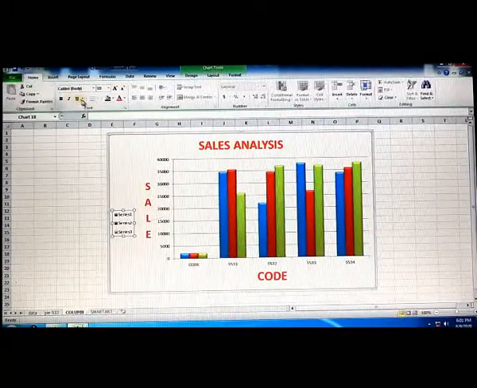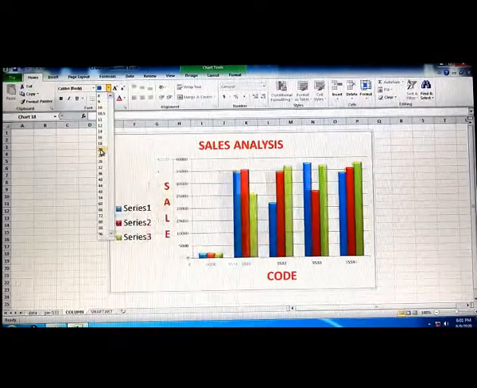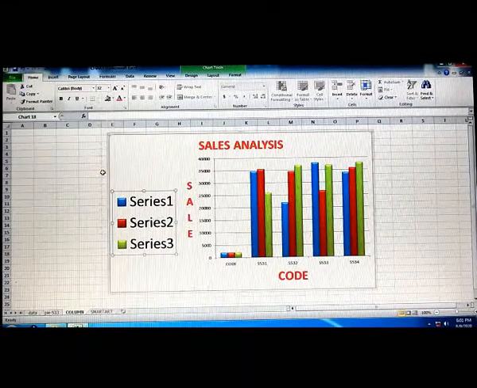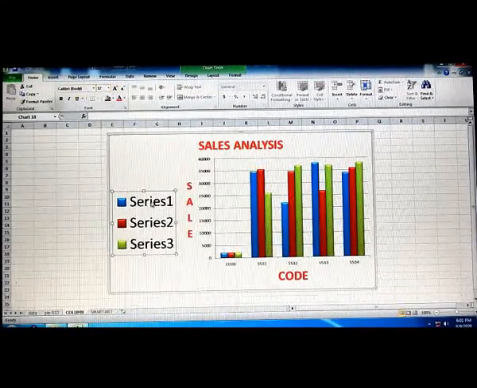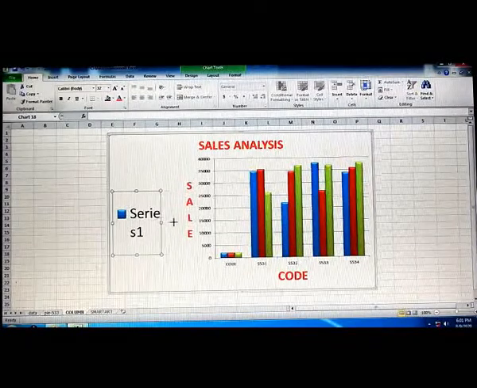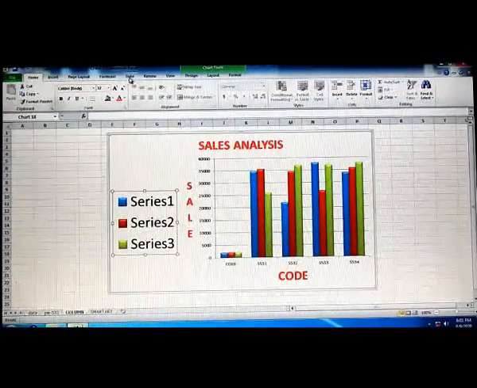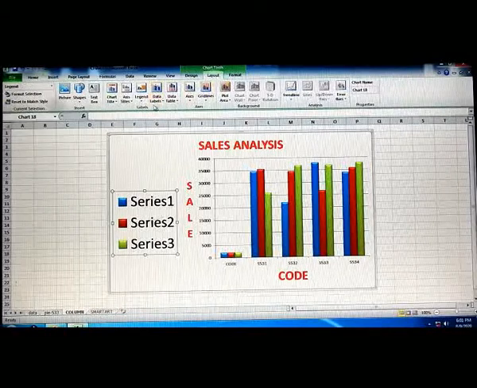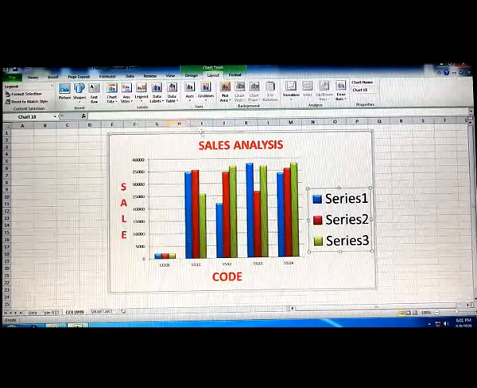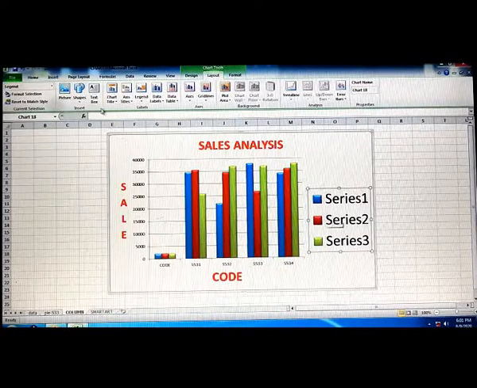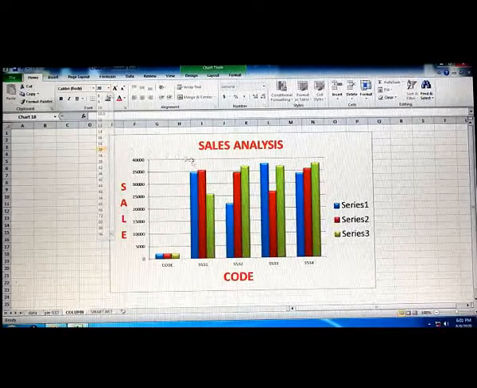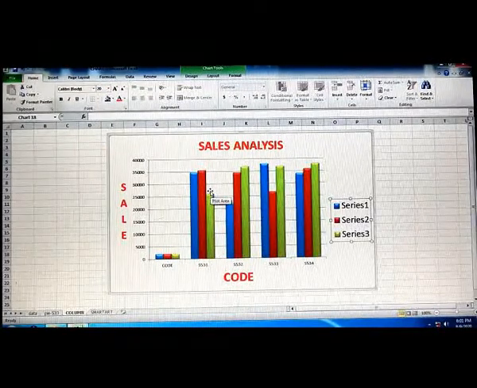So how to increase the size of this? Go to the home tab and you can change the size from here. Now you can see 32 size. Okay, and now I am again showing the position: layout, legends, at the right side, so it appears at the right side, and the size from the home tab you can change. I am taking 20. So this was about the legends.